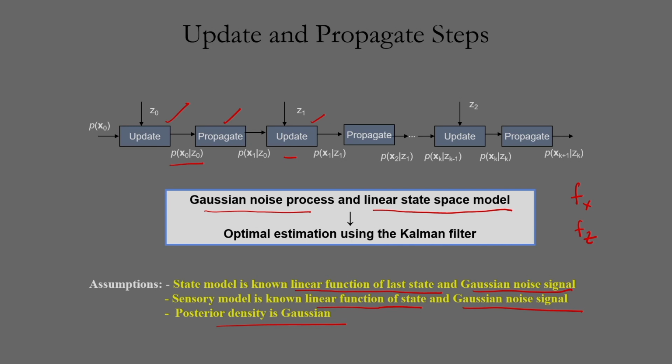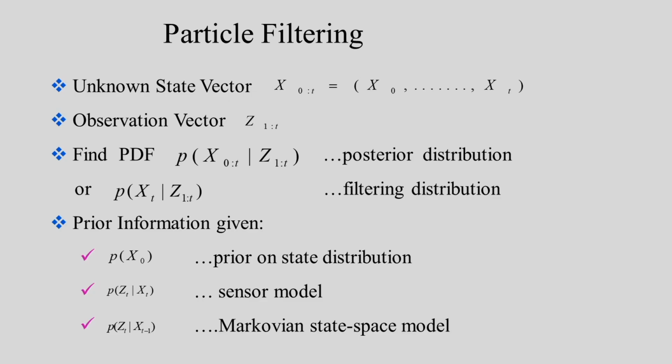Practically these assumptions are not true. If I want to track an object which moves very quickly, then these assumptions generally fail. That is why the Kalman filter cannot track objects properly. That is the problem of the Kalman filter. So that is why we may consider the particle filter. In the particle filter, we consider these functions as nonlinear functions, and the noise we can consider as non-Gaussian noise. So what is the particle filter?